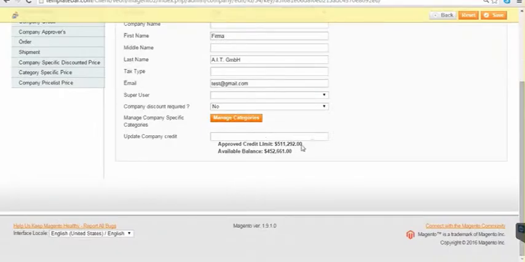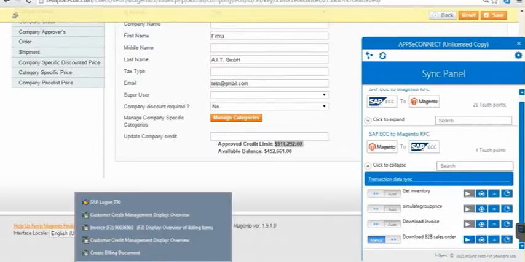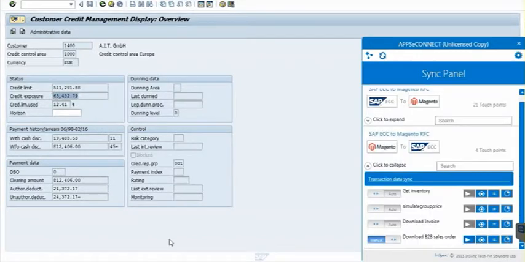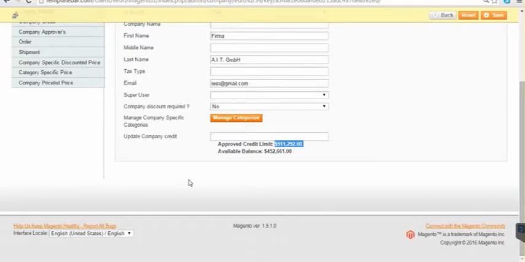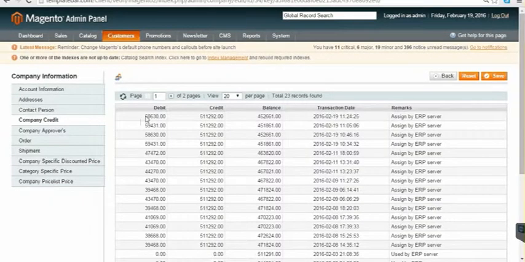Okay, so as you can see, it is 511292, and on the SAP side it is the same 511292. The credit exposure though, as you can see here, is 63433. If we go there on the Magento side and check the company credit, you can see it is 58630.